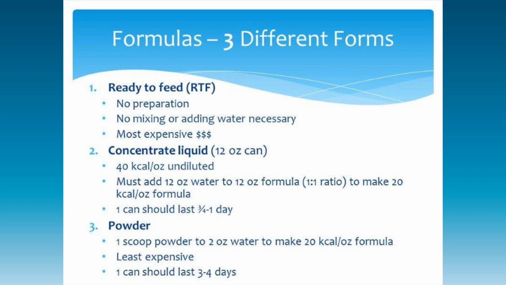Concentrate comes in a 12-ounce can. You have to add water. You have to add 12 ounces of water to the 12 ounces of concentrate, so 1-to-1 ratio, okay? And that will make your standard formula, which is 20 calories per ounce. If you don't add any water, that concentrate will be 40 calories per ounce, so it's going to be twice